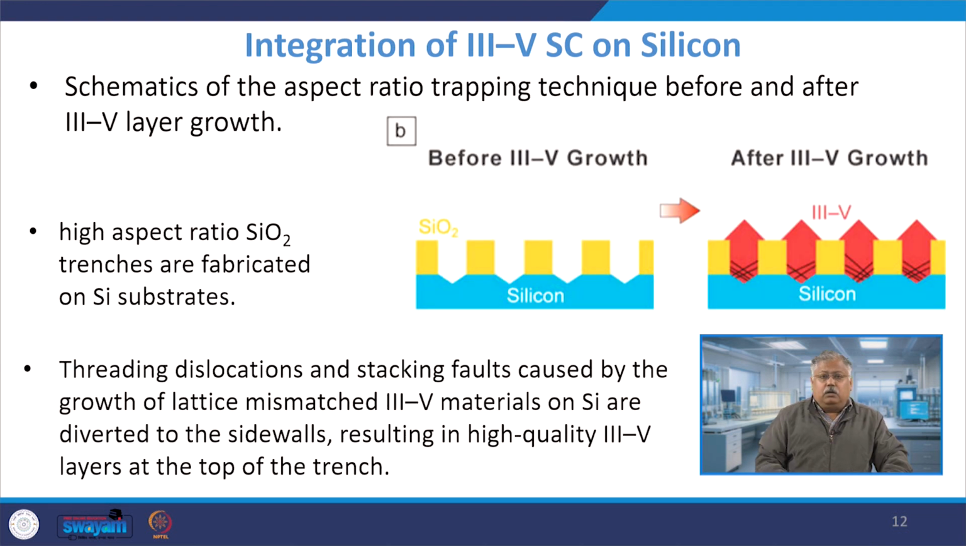Now, if you look at the schematic of the aspect ratio trapping technique, which means the before and after the III-V layer has been grown. Now, if you look at the III-V layer itself, on the left hand side you have the silicon, and you have a native silicon dioxide being formed as sort of a hill over silicon, and then you try to etch or try to grow a III-V material within these small